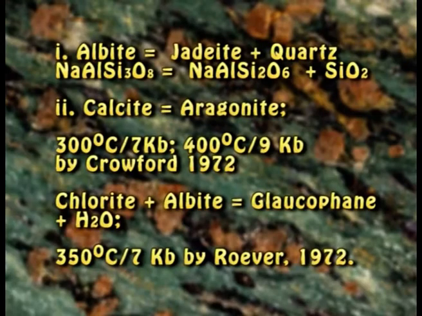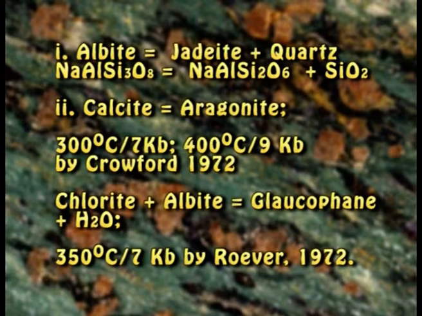Reaction number 1, albite changes into jadeite plus quartz, that is NaAlSi3O8 gives rise to NaAlSi2O6 plus SiO2. Second important reaction, calcite gives rise to aragonite at 300 degrees centigrade 7 kilobar,